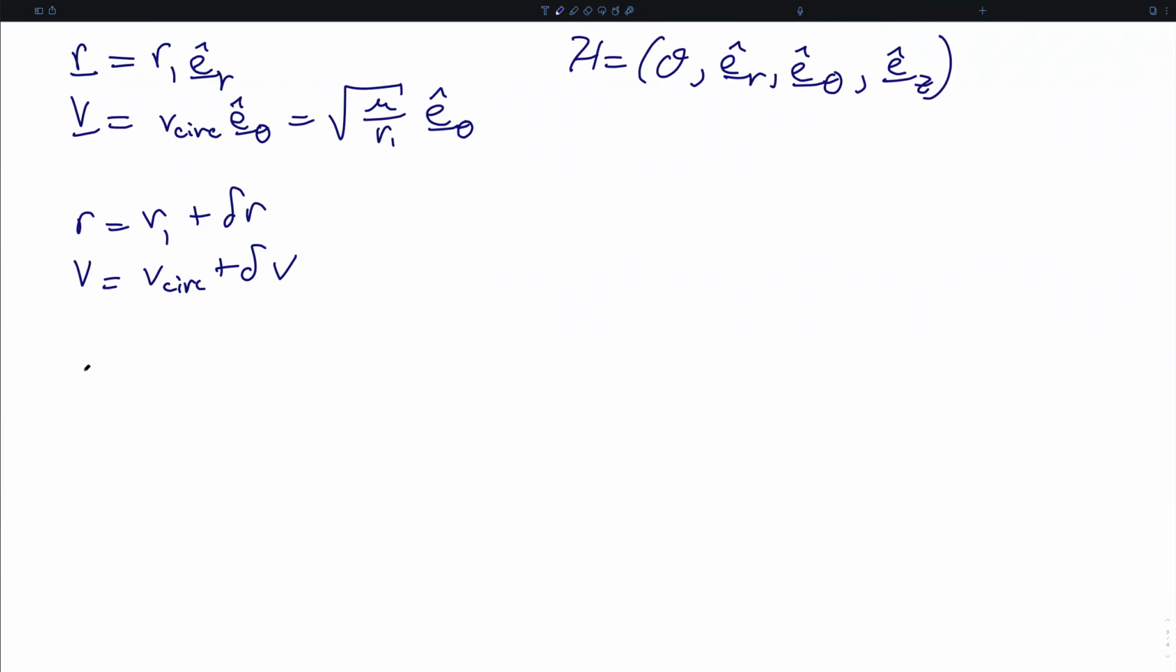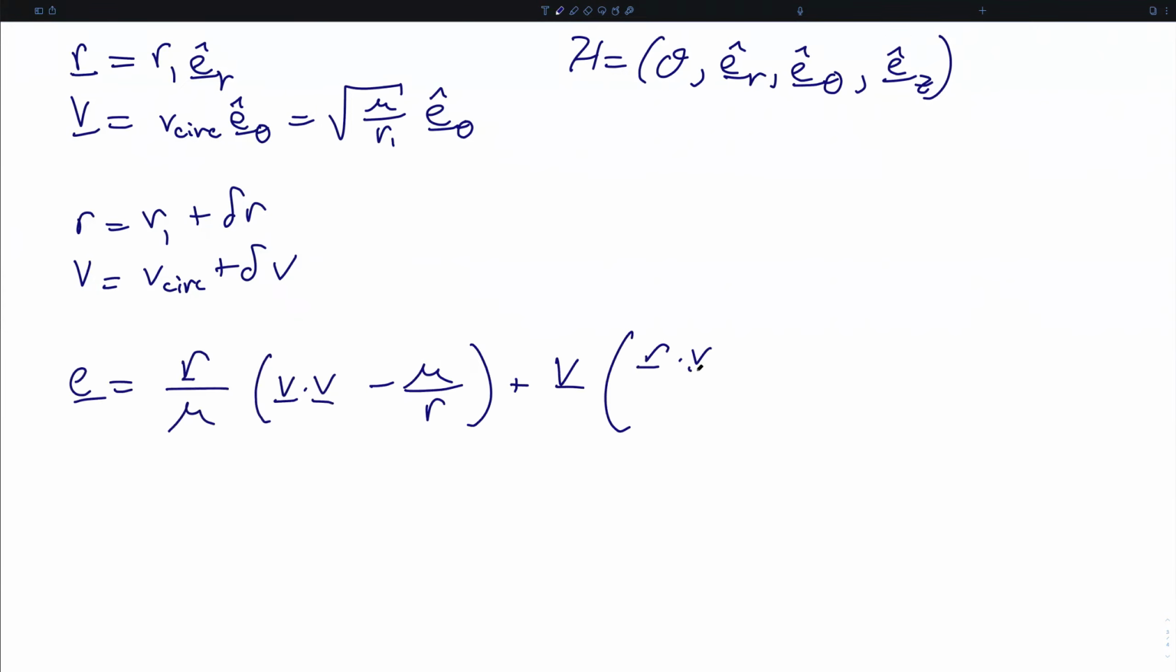Remember, we've previously shown that the eccentricity vector is equal to the orbital radius vector divided by the gravitational parameter of the central body times the quantity orbital velocity dotted with itself minus the gravitational parameter over the magnitude of the orbital radius, plus the orbital radius dotted into the orbital velocity divided by the gravitational parameter, all in the direction of the velocity. We can express the components of the eccentricity vector in the Hill frame as,